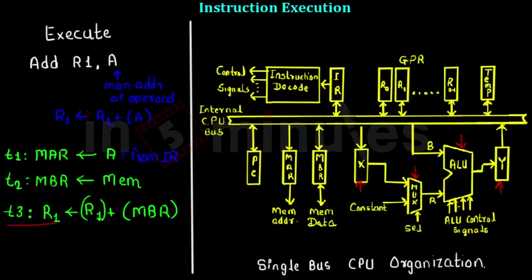Here you must understand that different control signals are to be provided to the ALU, MUX, and the input-output registers so that they perform this operation in one cycle. This is basically the job of the control unit and the instruction decode logic. We are going to see the role of control signals very soon. So please stay tuned for more.